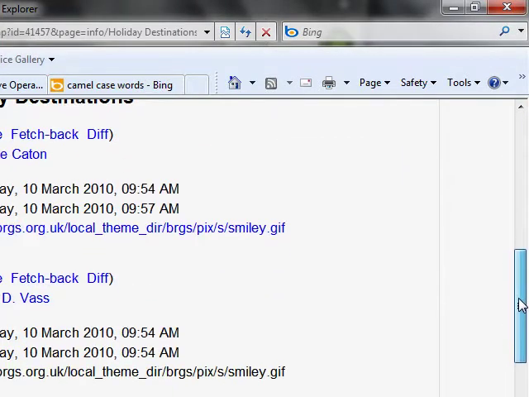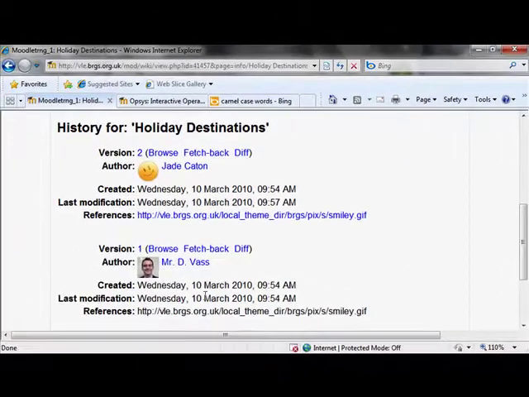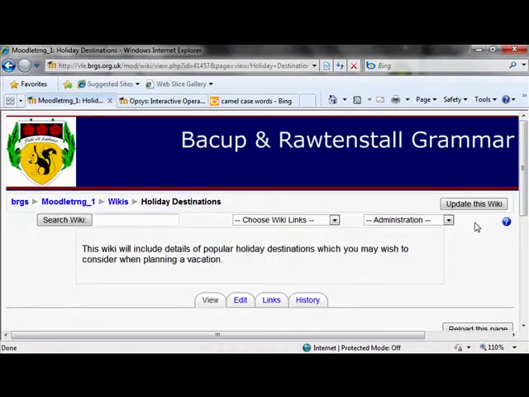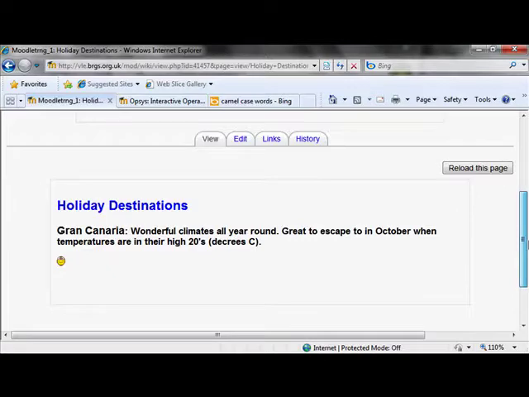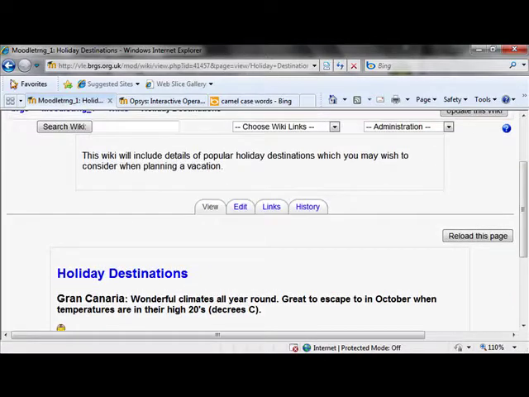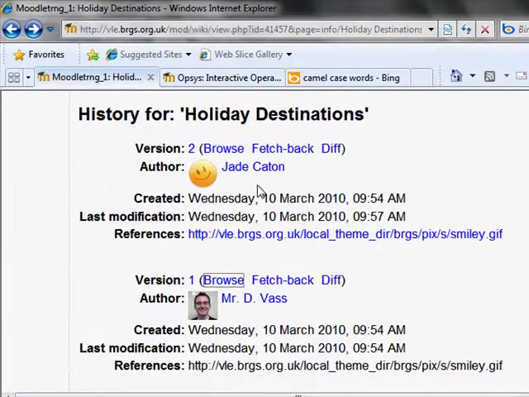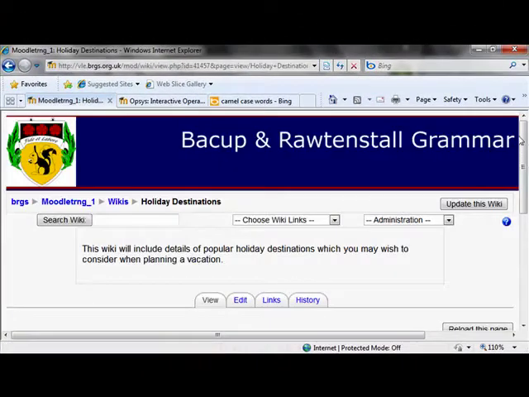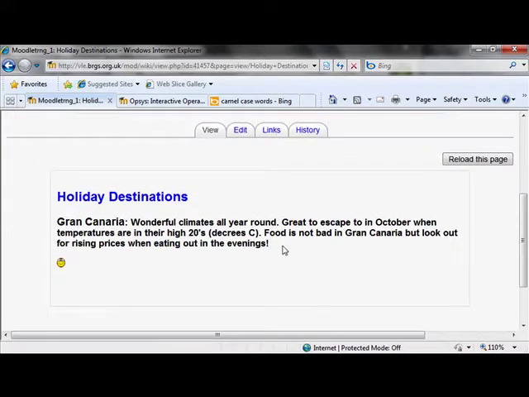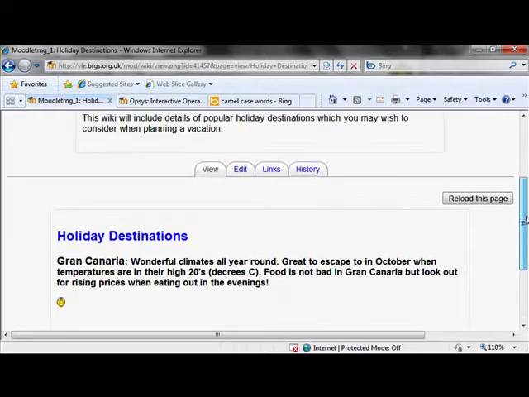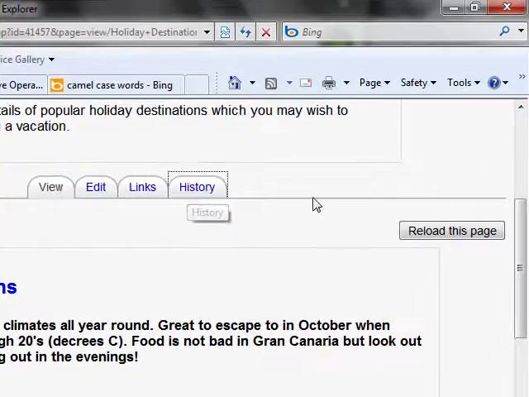I can see there were two versions, the original version that I created, and I can view that version. And then if I go back, and then take a look at the version that Miss Caton had contributed to. So there you go, there's my information plus the information that Miss Caton has added. If we go back to the history,